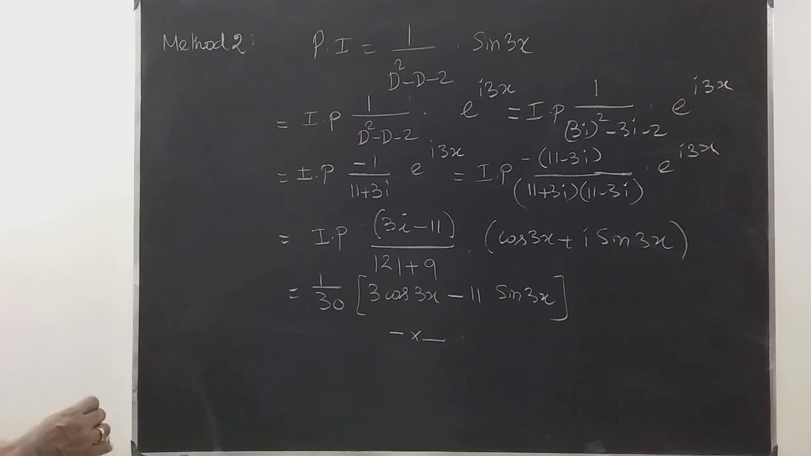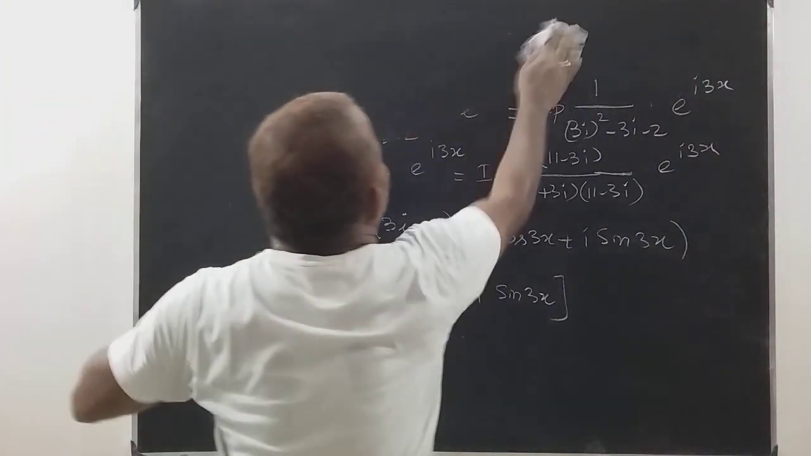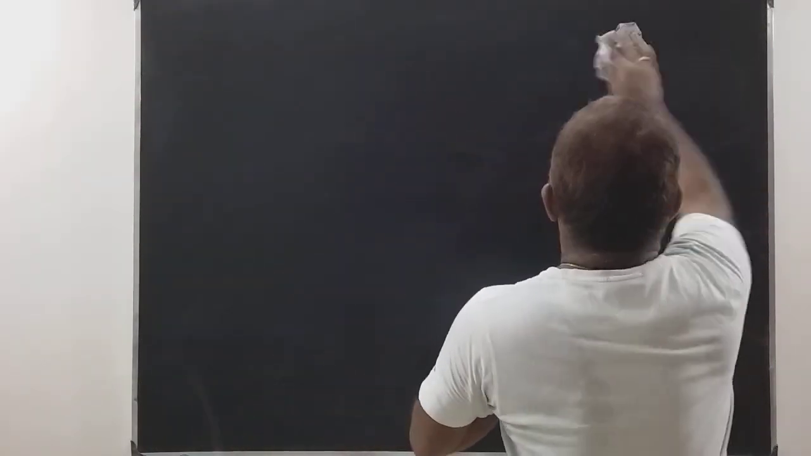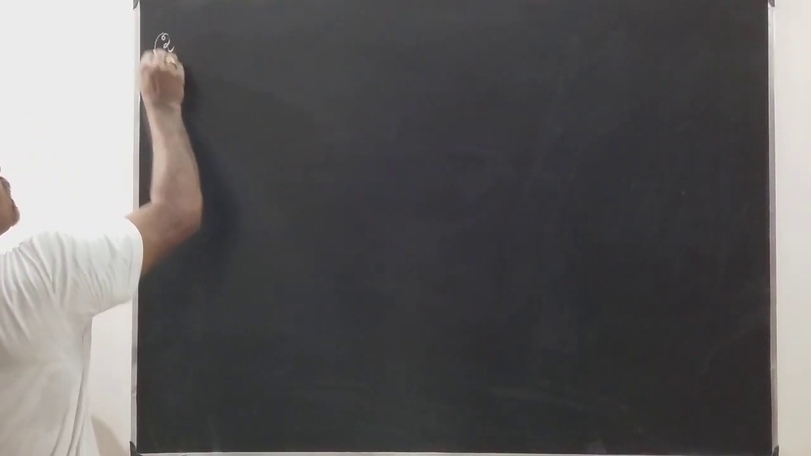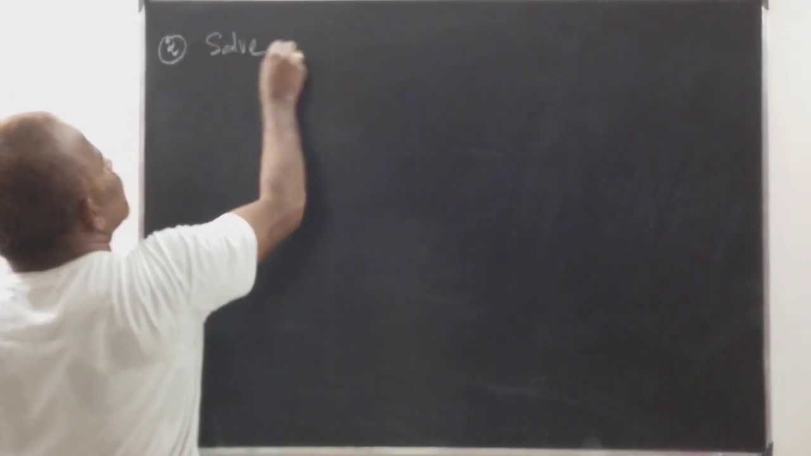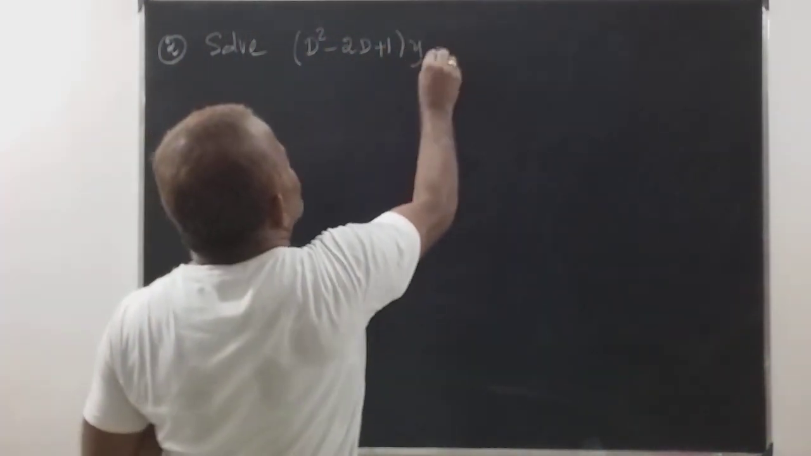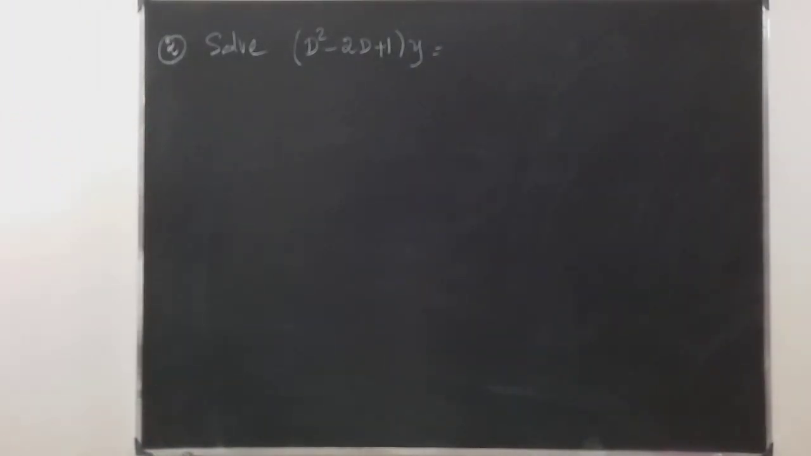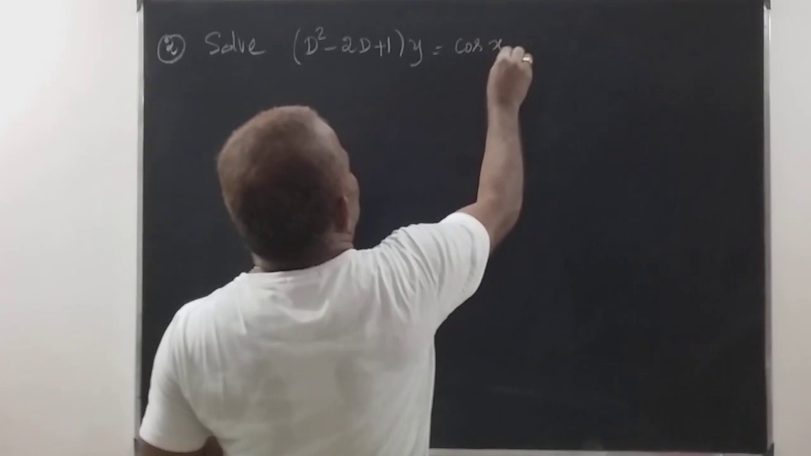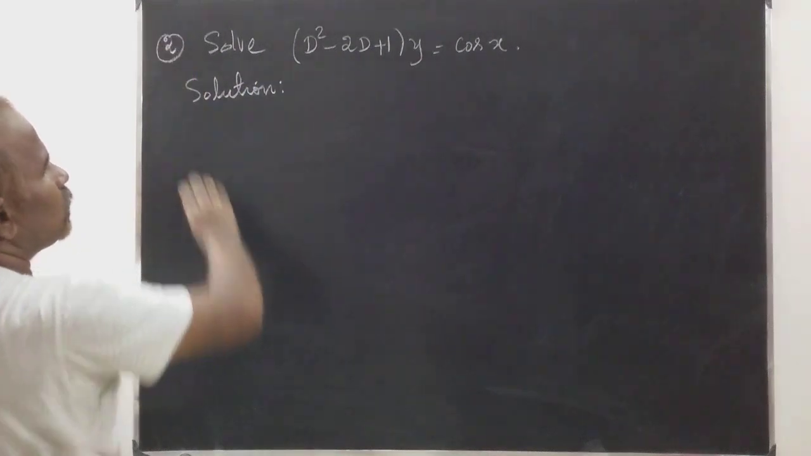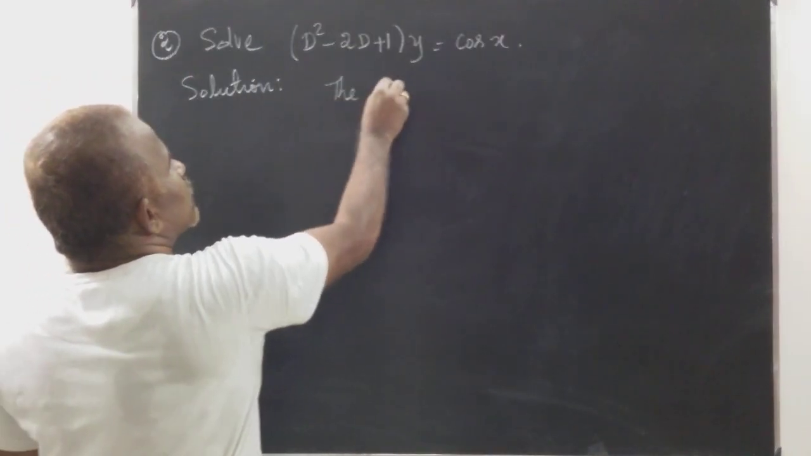So now I am going to do another problem. Problem number 2: solve D squared minus 2D plus 1 into y. D squared minus 2D plus 1 into y is equal to cos x into cos x. Solution. As usual, the auxiliary equation is